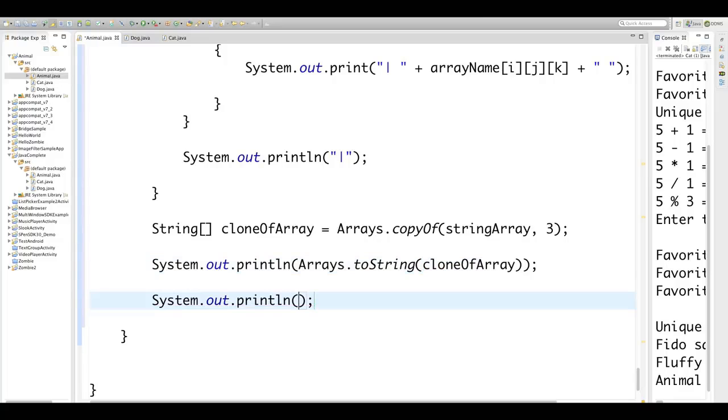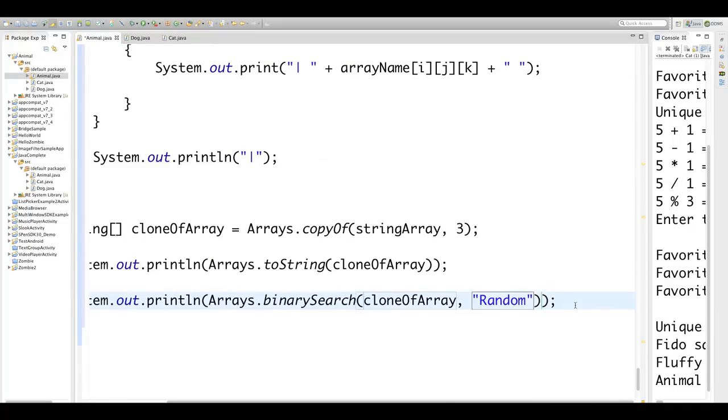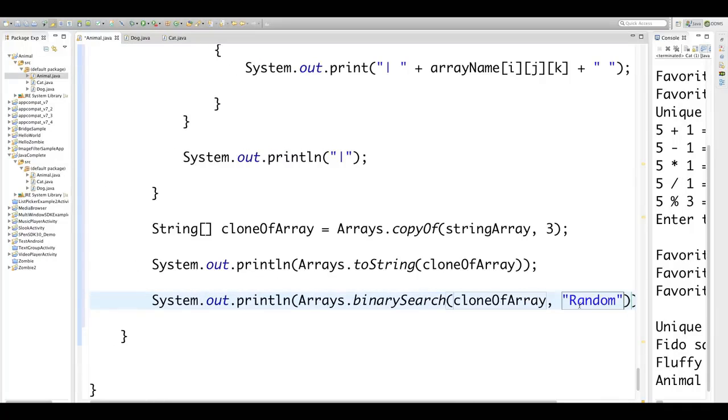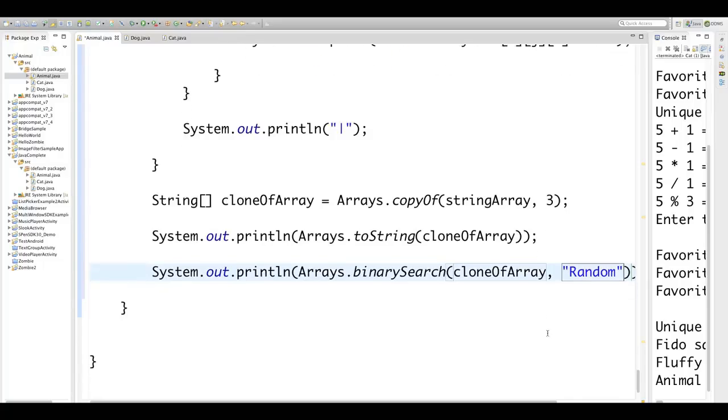Then if you want to do a search to find out if an item is in an array, you go arrays, binary, search, and then you're going to type in clone of array, and then the very specific, don't put that star inside of there, the very specific thing you're looking for. And if it finds it, it will return the index for where it's located, or it will return a negative number. So there is core Java. That's pretty much every single thing about